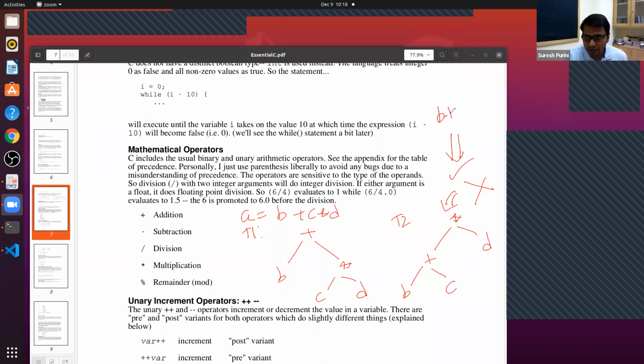So B plus C, times D. If this is the computation that we have in mind, then we will just say B plus C times D. So that's all.